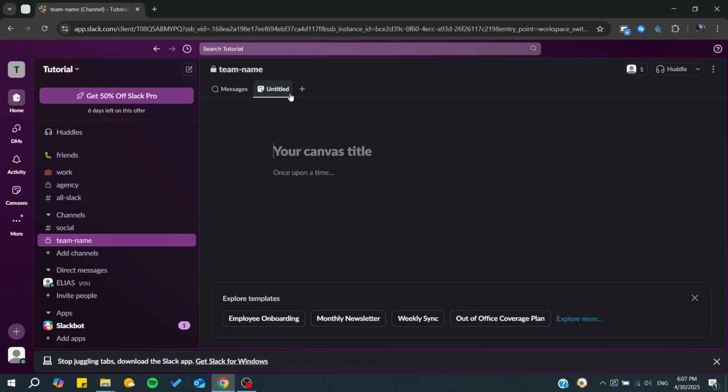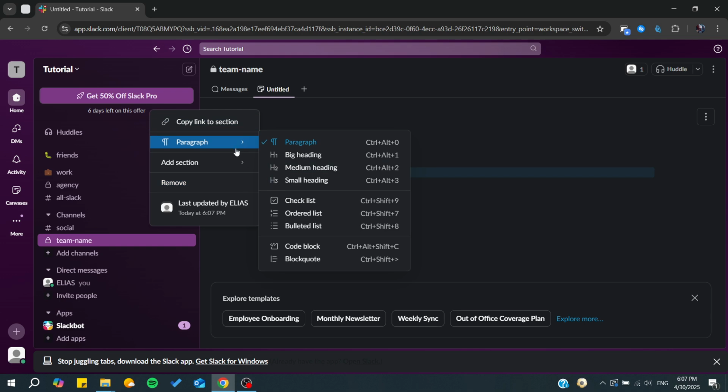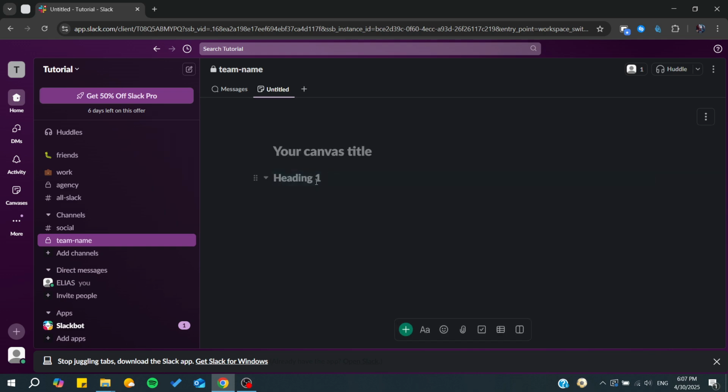For example, you can add canvases. Basically, canvases can be such a guide, or it is like Notion. If you are familiar with using Notion, you will find canvases are easy to work with. So here you will have a heading, for example,